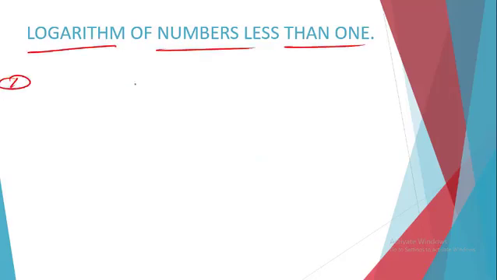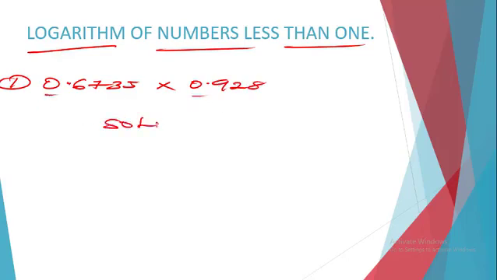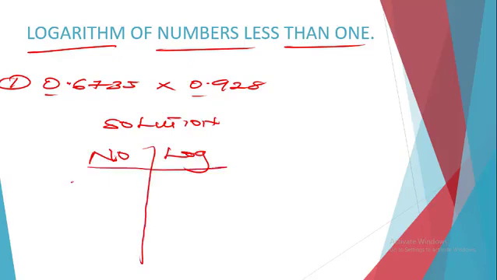Okay, example number 1. Assuming we are given 0.6735 times, let's say, 0.928 for us to express. You see that the numbers here are less than 1. Okay, so let us start. We have our number and we have our log. We'll draw a line and then we'll bring down our 0.6735,